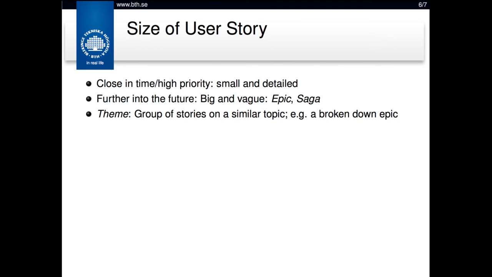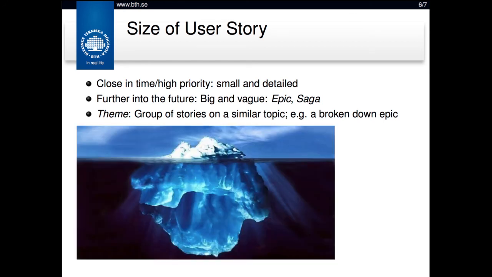In Agile and Lean, the way to deal with this is to defer the analysis. If you have a big user story, an epic with low priority, there is no need to break it down into smaller user stories just yet. One day, this epic might be the user story with the highest priority, and then you break it down into smaller user stories. Picture it as an iceberg.